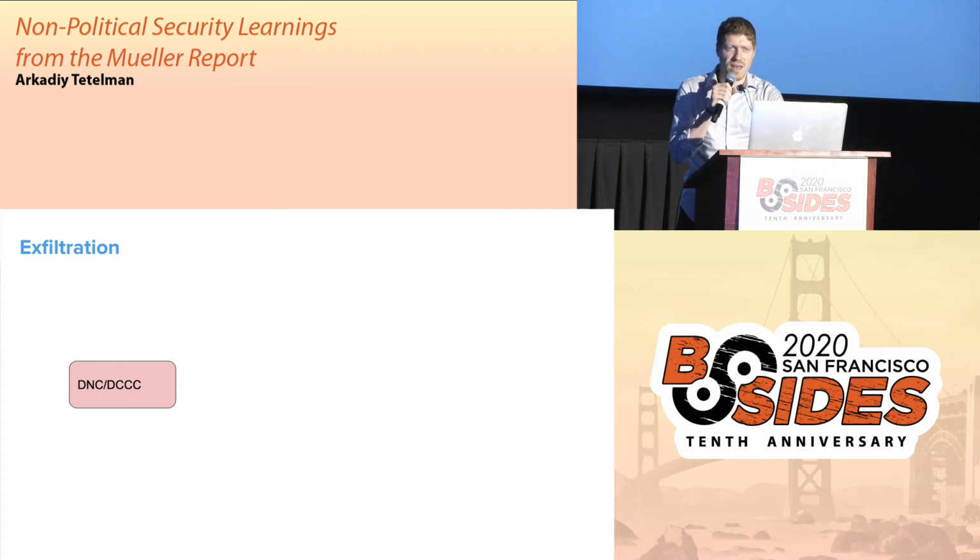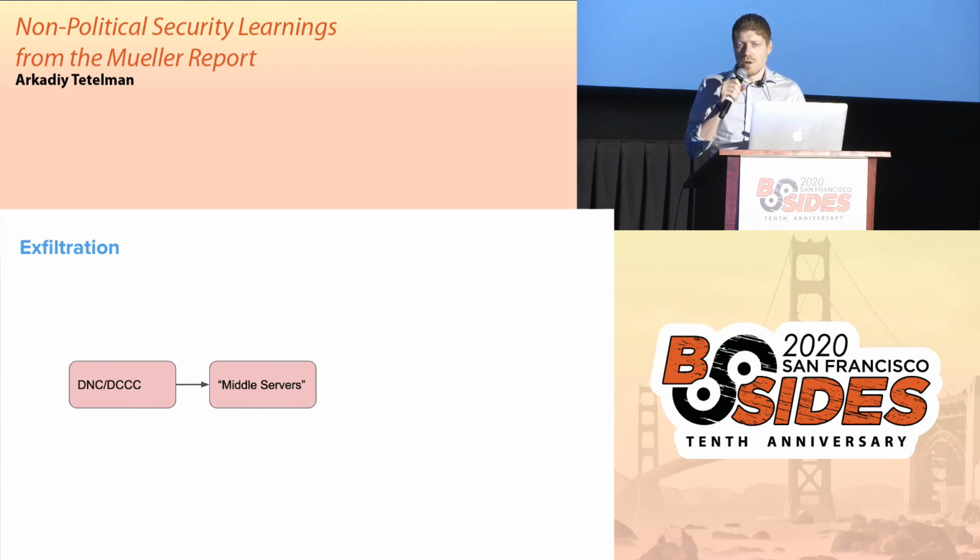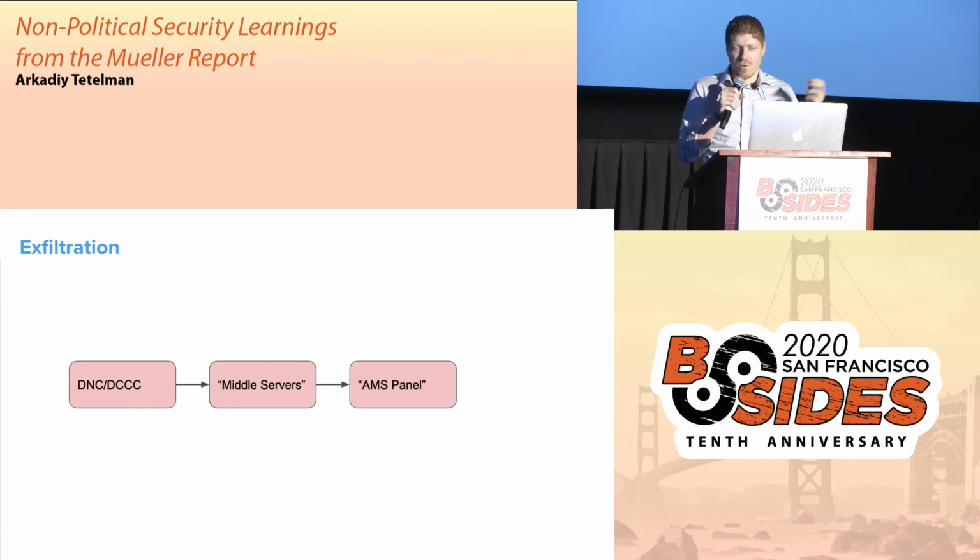In terms of exfiltration and what that looked like, they were already on the DNC and DCCC network. From there, they reached out to so-called middle servers that they had stood up and purchased with Bitcoin, like I mentioned. From there, they reached out to AMS. I don't know what AMS stands for, but that was the name. I think it's the internal GRU name, maybe, but this was their command and control center. So this was where GRU agents logged in and reviewed screenshots, reviewed keylogging sections, downloaded data locally onto their computers, and issued commands to execute on the DNC network. And from there, it went to the GRU.